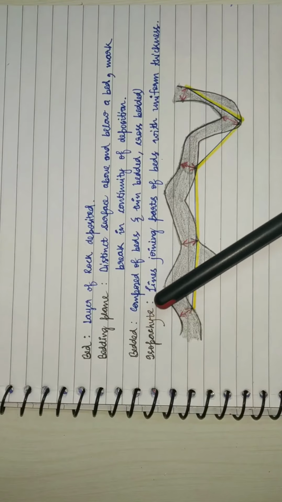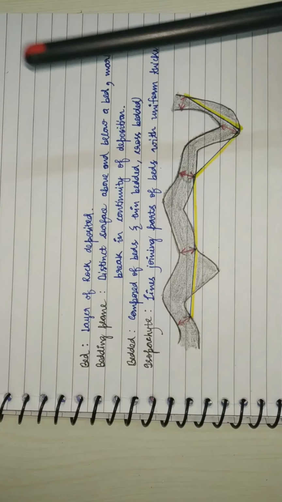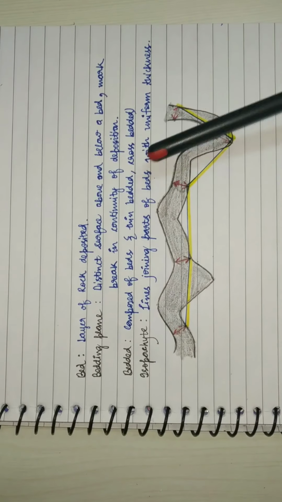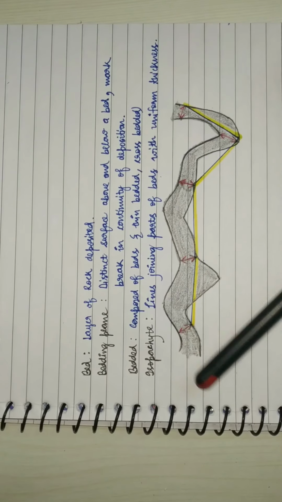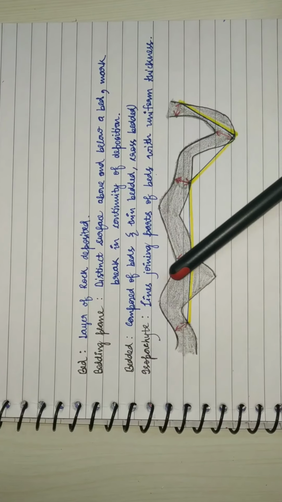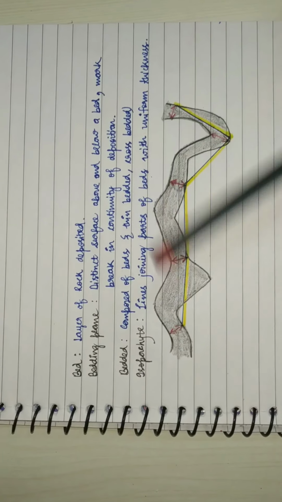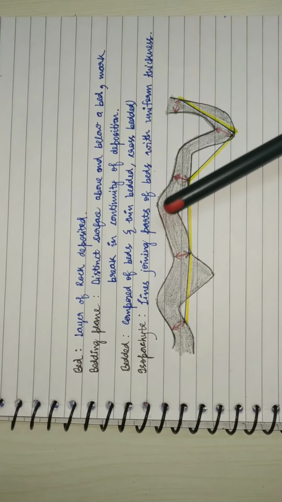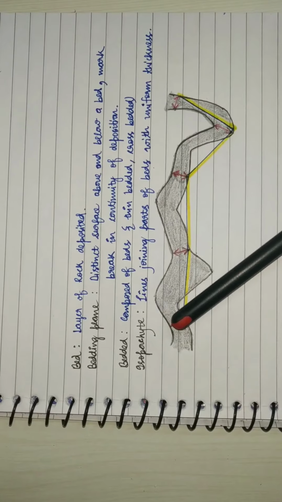Third, what is isopachite, or the corresponding isopach maps. Lines joining the parts of the beds with uniform thickness. Now if you see, this bed is in places very thick, in places very thin. But suppose this is 1 meter thickness of the bed, so the lines, the part of the